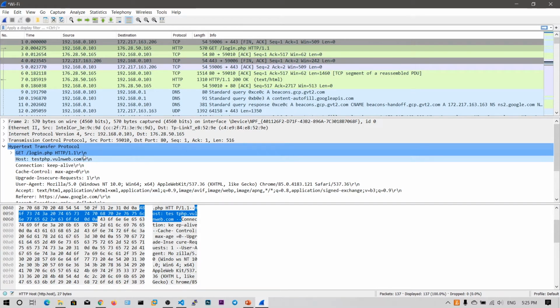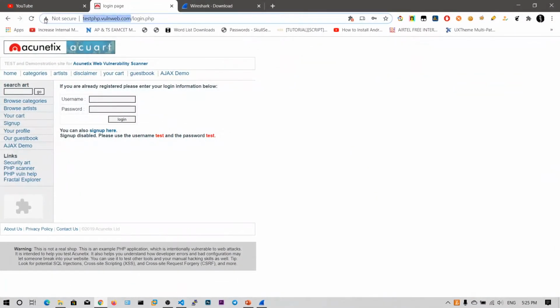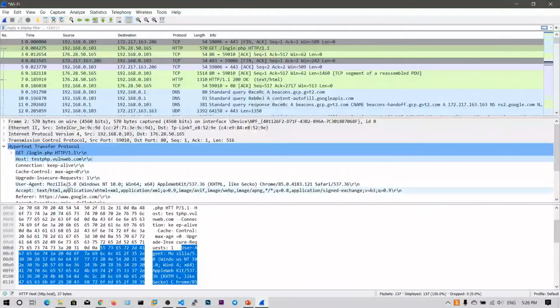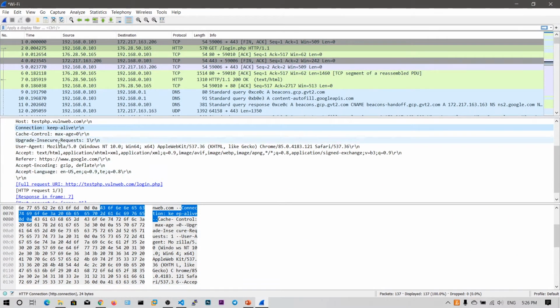Now if you go to the Hypertext Transfer Protocol, you can see here GET /login.php HTTP/1.1. I'm using HTTP version 1.1, and this is the line feed and carriage return. Here I'm telling the host name, testphp.vulnweb.com, and I'm asking for this /login.php web page, with the connection keep-alive. So after getting the web page, keep the connection alive. The user agent is Mozilla Firefox.